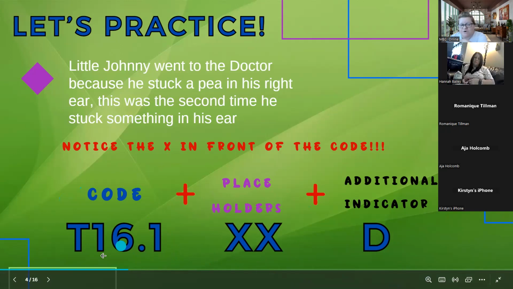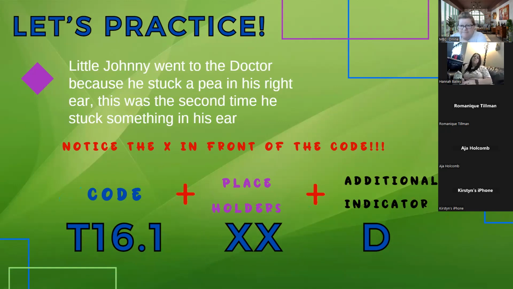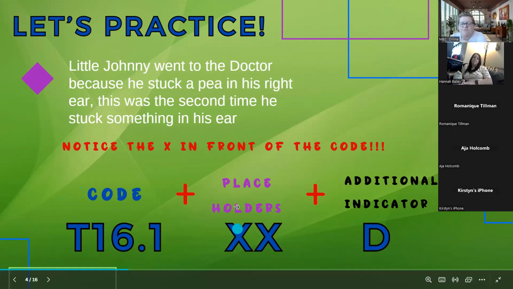So the correct code is going to be T16.1XXD. Okay, that would be the correct answer. T16.1XXD. That's what those X's are when you see them in the codes. It's a placeholder. It just means